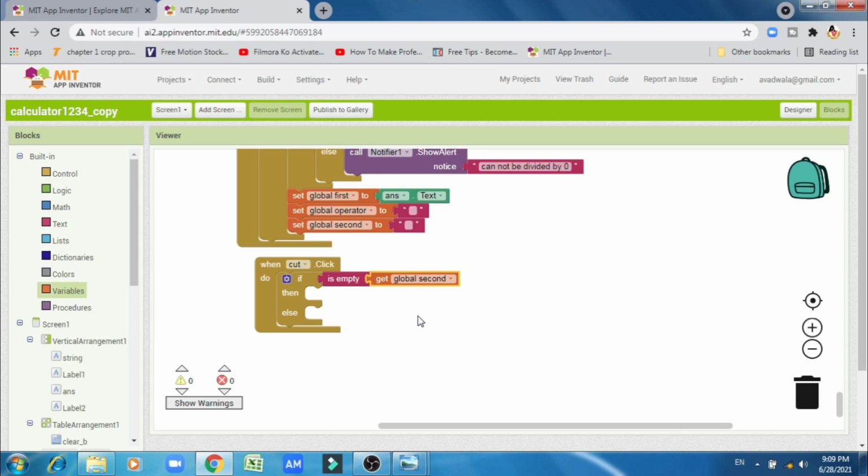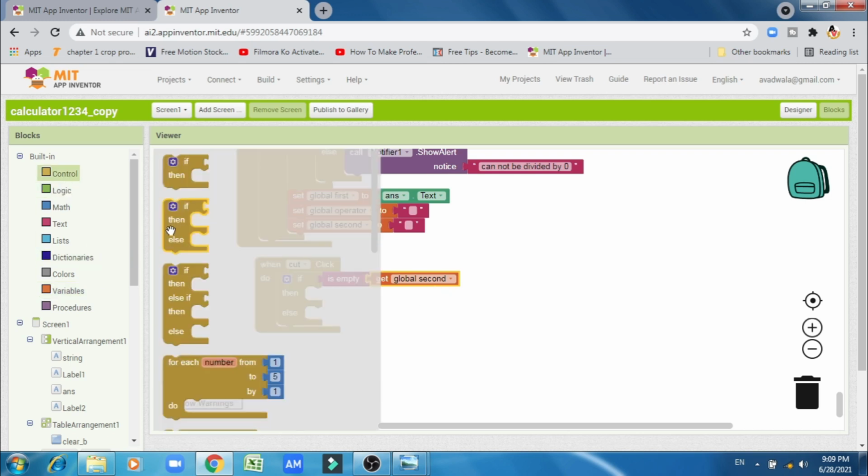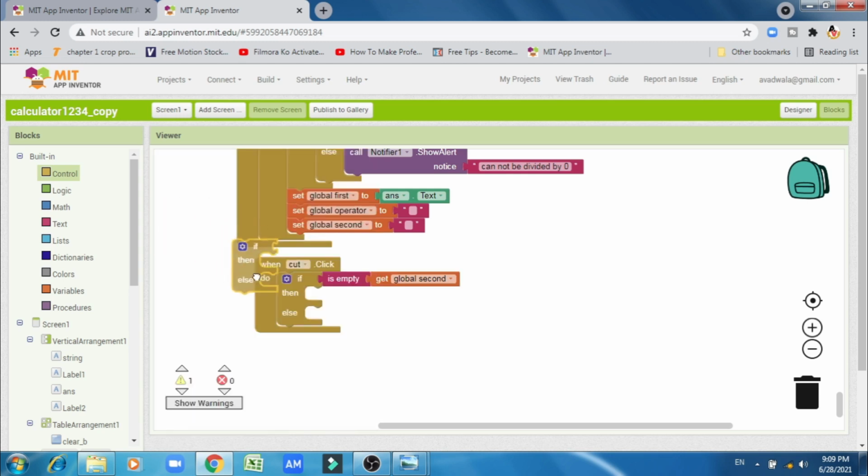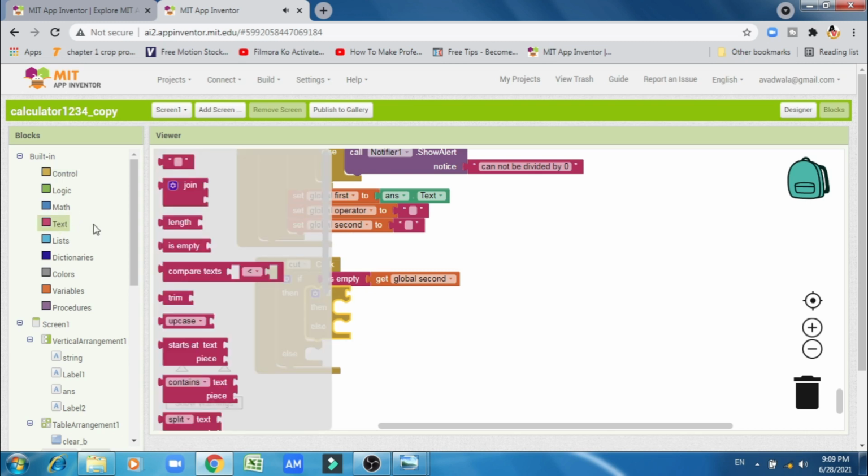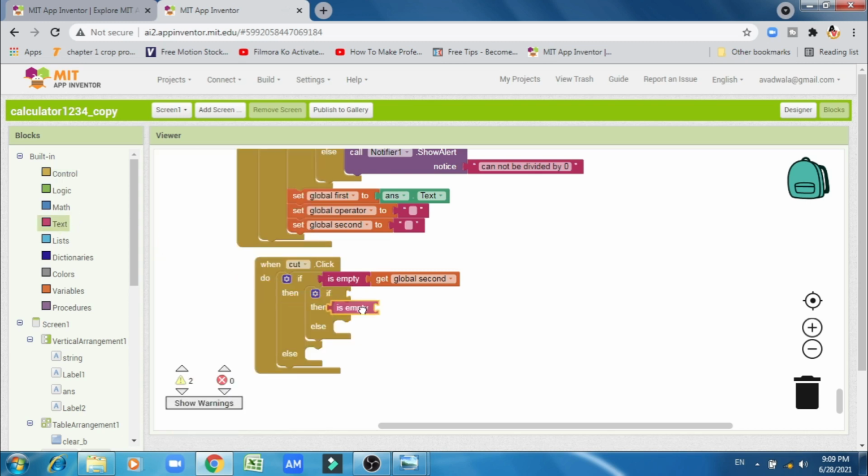First it will go to the global second. If it is there, then it will cut global second's last number. But if it is not empty, then we have to give again if then else, is empty.